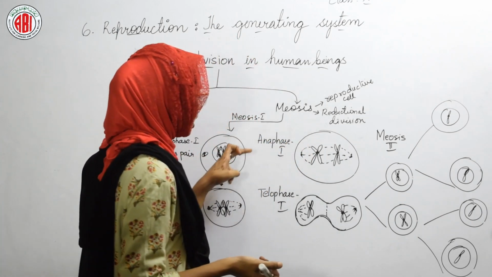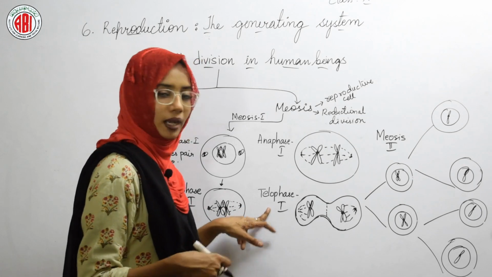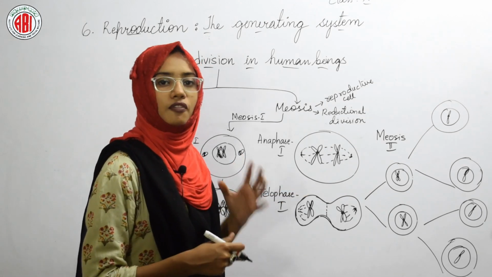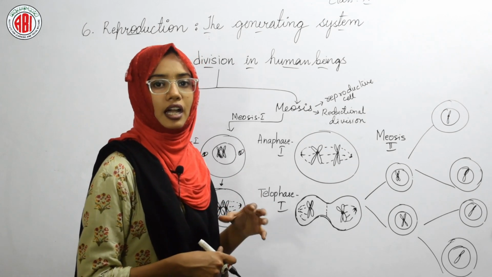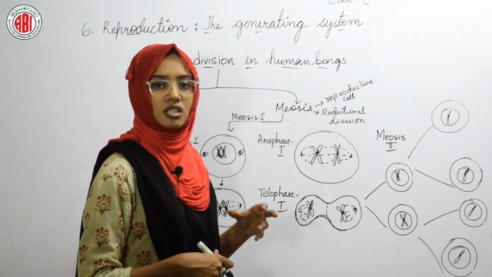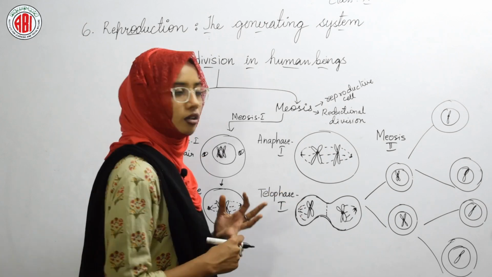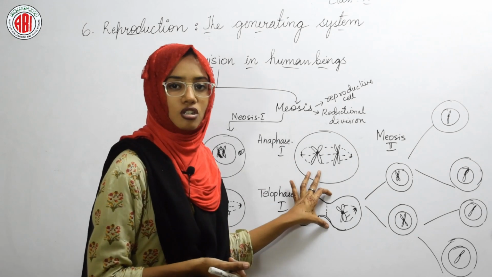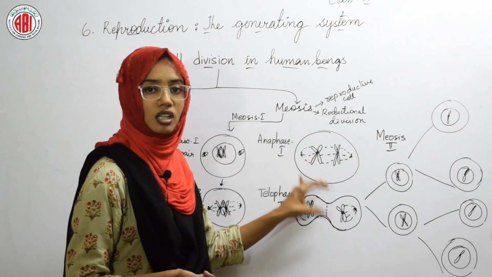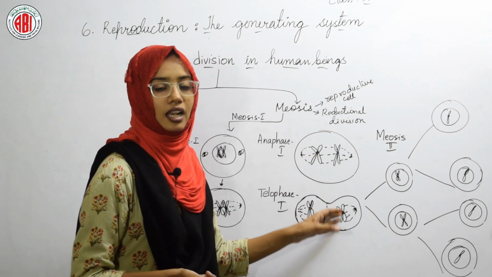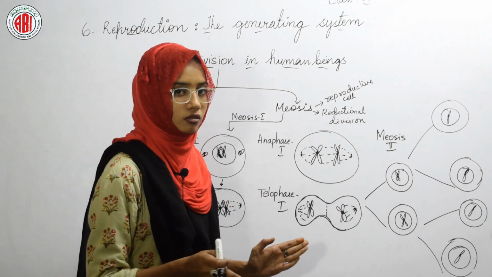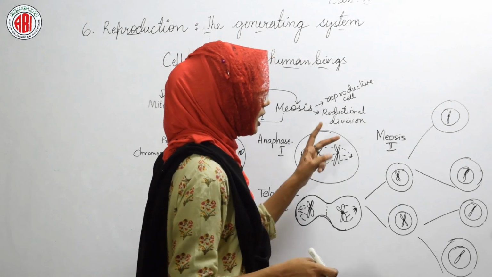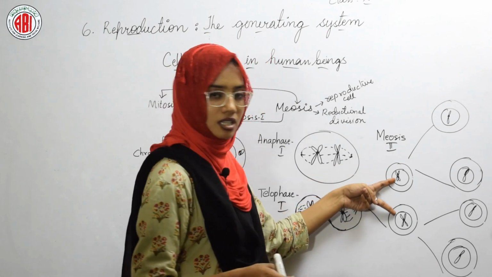Then after this phase, it enters telophase 1, and in this stage the nucleus divides, and inside the nucleus the chromosomes are present. The chromosomes move into their nucleus, and after the division of the nucleus, a constriction or furrow can be seen, and due to this constriction the cell divides into two daughter cells. So, after telophase 1, the cell division results in the formation of two daughter cells, and